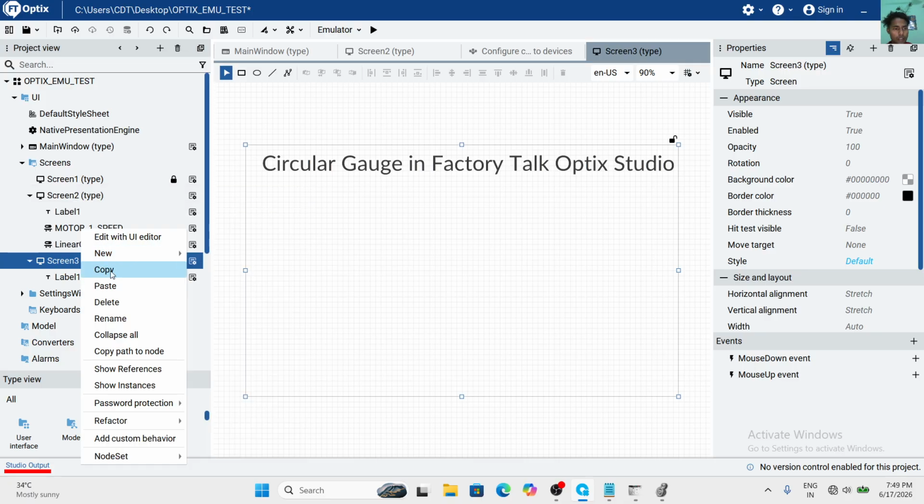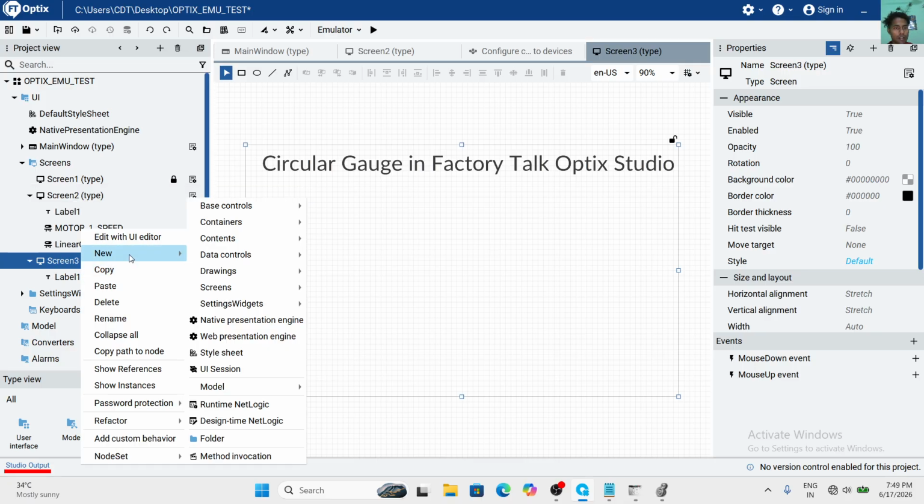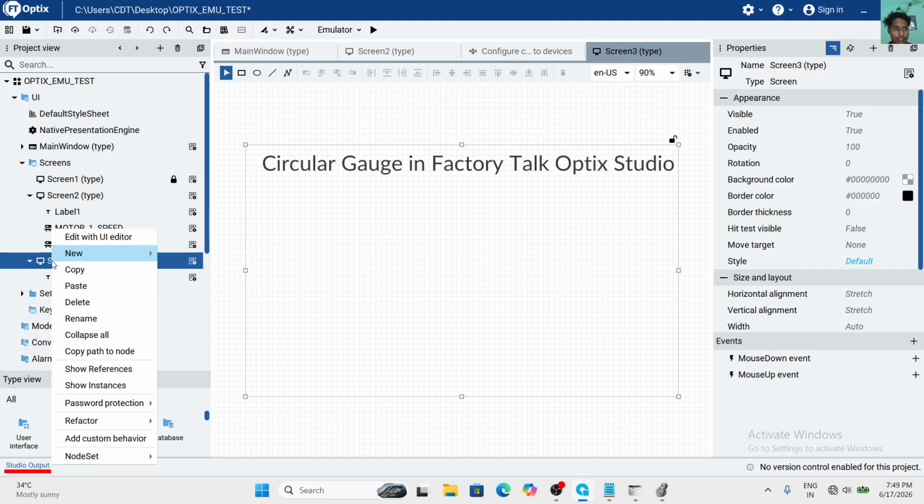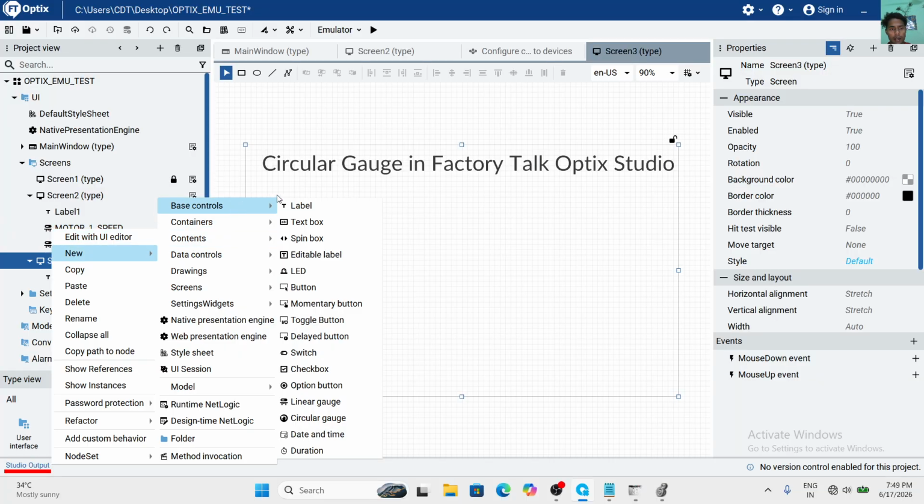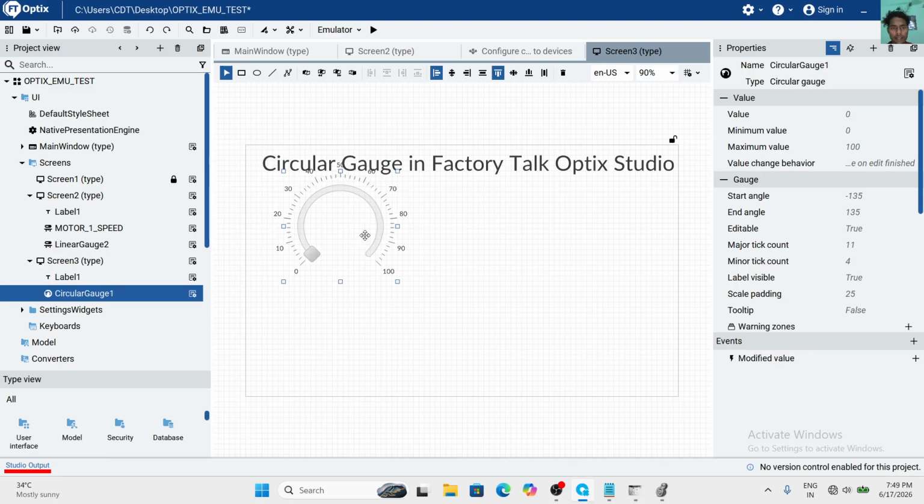Then I have to take a new circular gauge. Right click on it, go to the base control, click New, then go to the base, and from the base you choose circular gauge instead of linear gauge. This is a circular gauge. Do you understand what a circular gauge is?